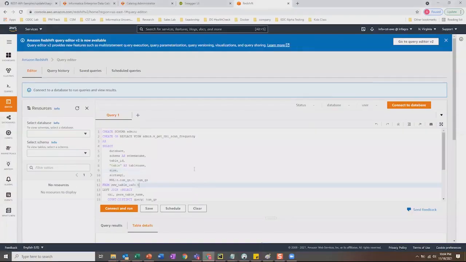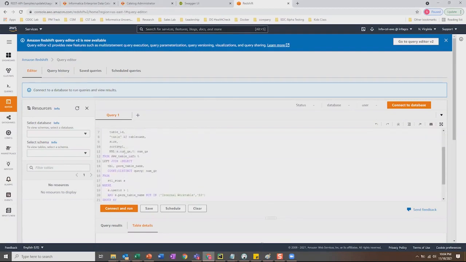Let's look into the demo now. We'll start with the first step of creating a view in the Redshift database. You can get help from your Redshift DBA to create this view, which is created in schema admin. We get table scan frequency, which uses system tables to scan the SVV table info and joins the table with STL scan, and extracts information of database, schema and table, and the number of times it's queried. It is a distinct query, so it's a unique query being captured